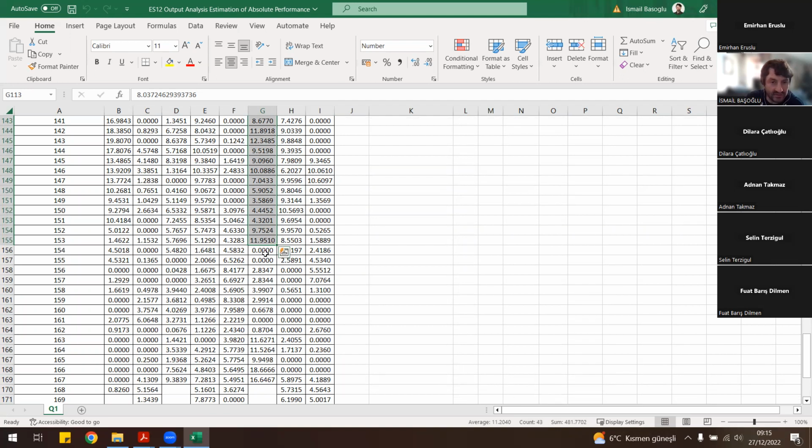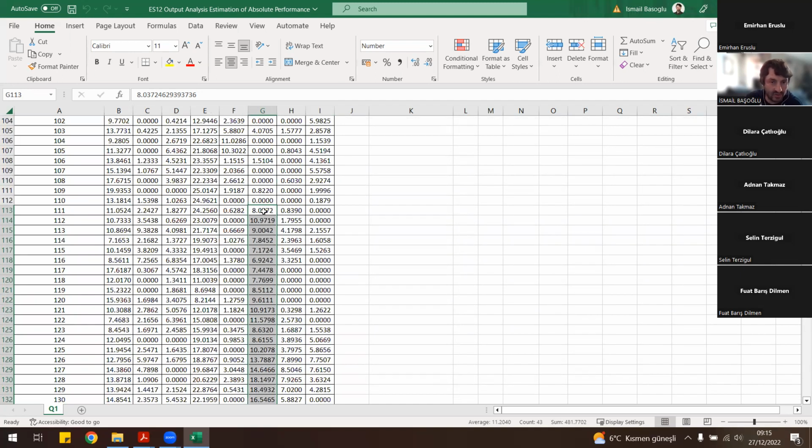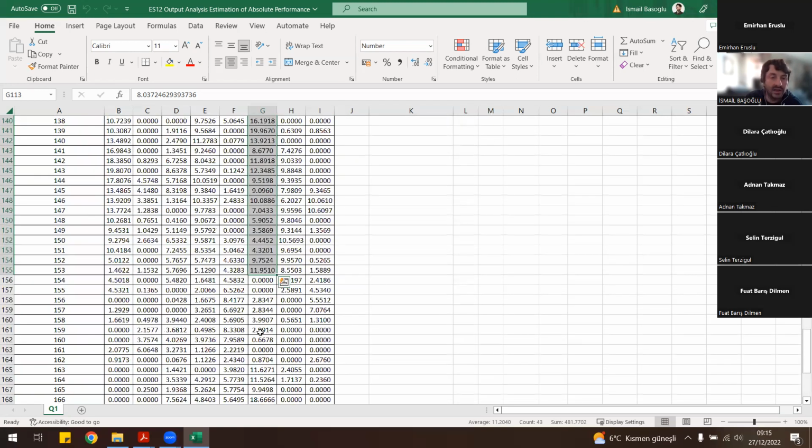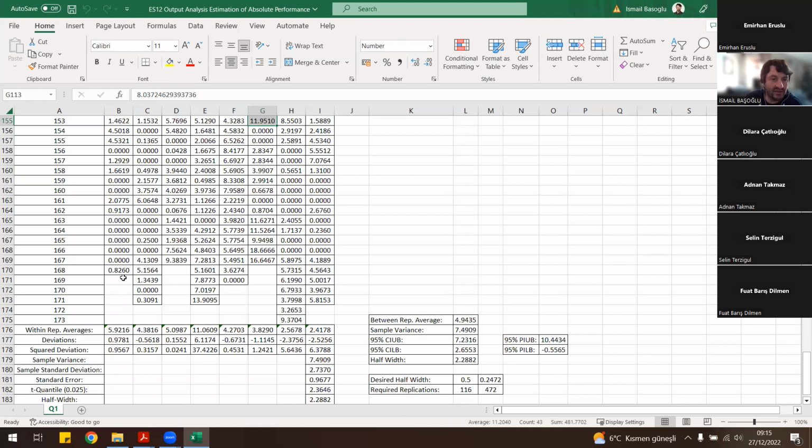43 consecutive customers have waited a positive amount of time in the queue because of this instability created by this customer. Most probably, the queue waiting times were long. Now, why am I indicating this? Within a replication, the queue waiting times are not independent, my friends. For consecutive clients, the queue waiting times are definitely dependent on each other. Therefore, by simply taking the average of these values and calculating the sample variance, we cannot provide a confidence interval. We need to introduce independence between results, my friends.